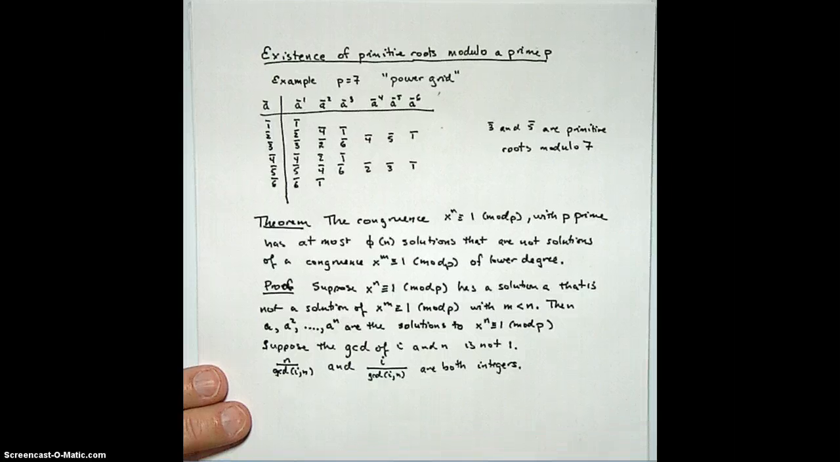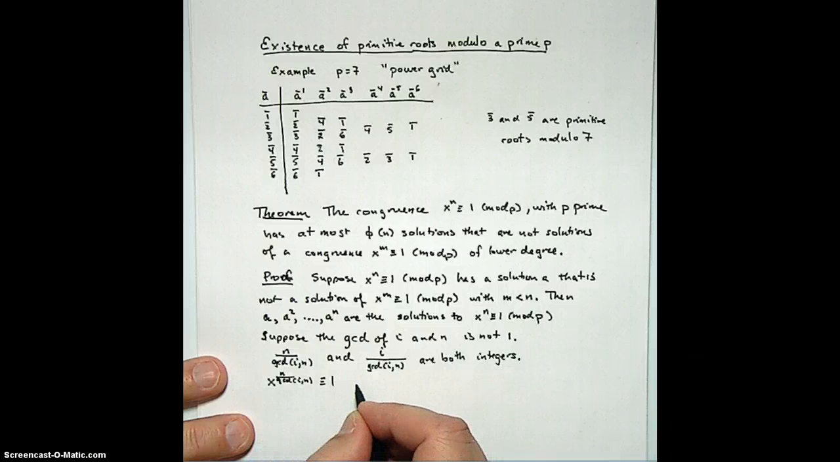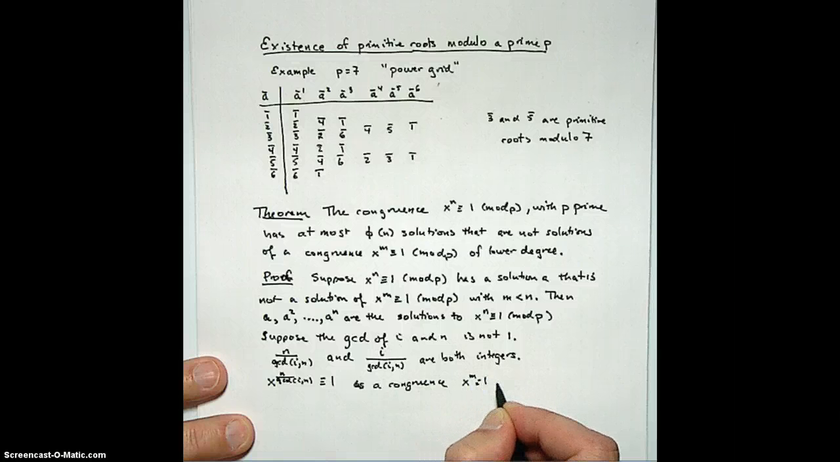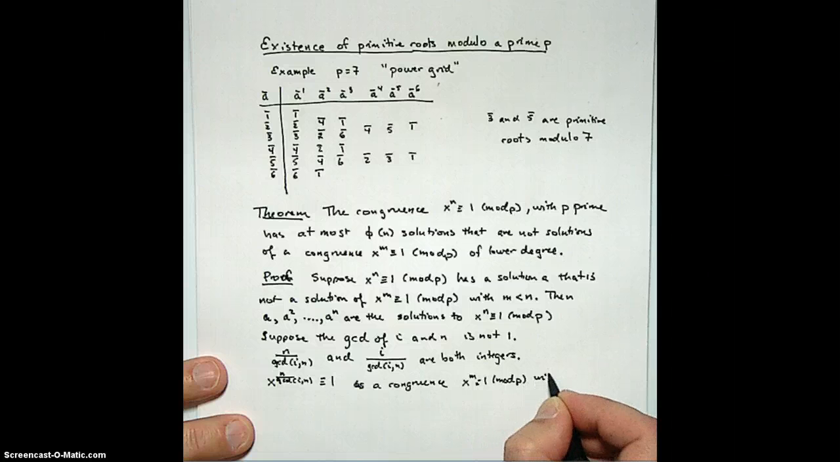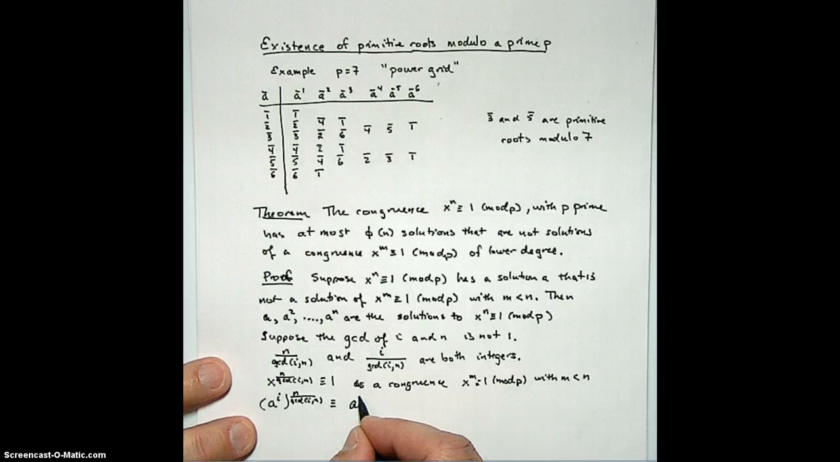Right? So that means that the congruence x to the n over GCD of i n congruent to 1 is a congruence x to the m congruent to 1 with m less than n, right? And if I take a to the i and raise it to this power, I get a to the n i over GCD of i n, and this is an integer, so this is going to be congruent to 1